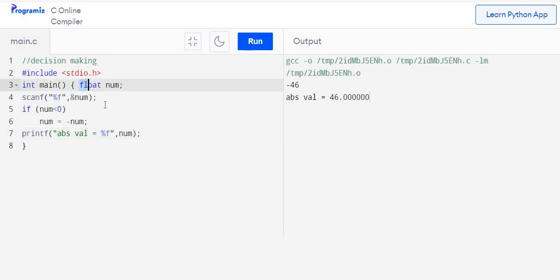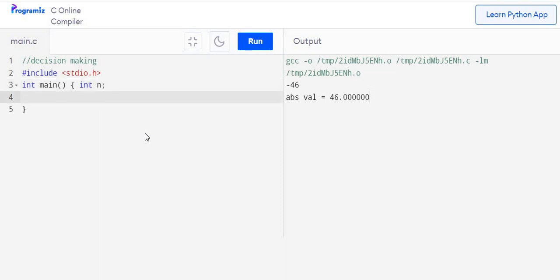Now let us study the two options type, if else. So the user will enter a certain number and let us check whether the number is divisible by 5 or not. Integer n, this is the number the user will enter.